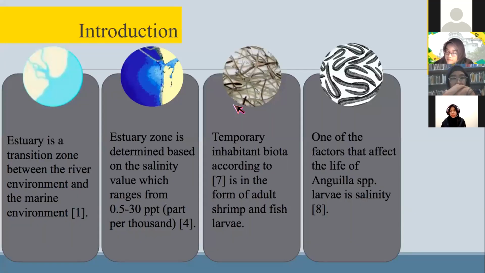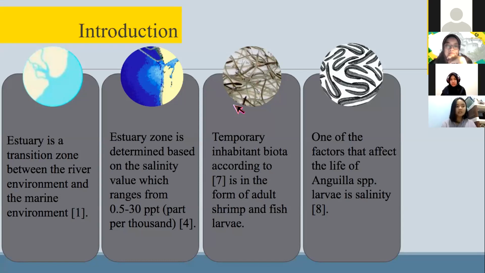So this research was motivated by previous research where Badan Informasi Geospasial in 2018 stated that estuary is a habitat with rich productivity on Earth. The economic potential in this estuary area is dominated by fishery activities. Based on Triatmodjo in 1999, estuary is a transition zone between the river environment and the marine environment. According to the Fanny system in 1958, estuary zone is determined based on the salinity value, which ranges from 0.5 up to 30